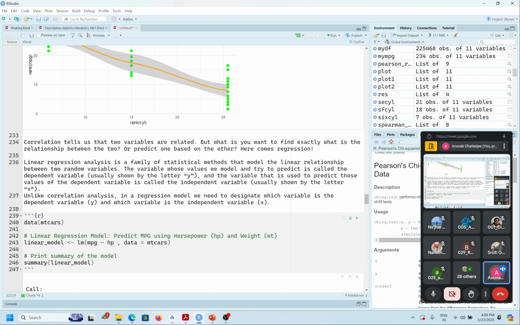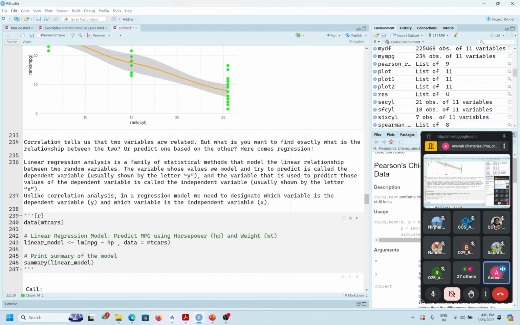So correlation just tells us if two variables are related. It does not imply any solid link between them. So it tells us yes, the number of hours you're practicing mathematics is correlated to the marks that you're getting in mathematics. But if you wanted to actually find out a mathematical relationship between the two, like a solid relation, like what is the exact